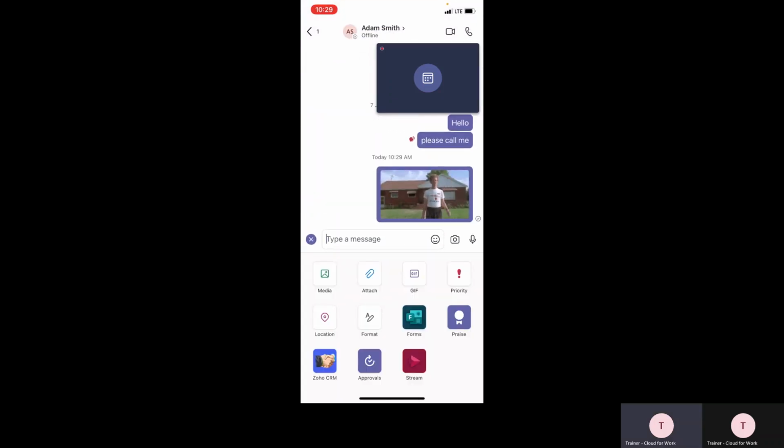And I can also choose to attach an attachment so that we can collaborate on the same document at the same time. And this is a very good feature to, let's say, deliver your files, especially if you have a very tight deadline. You can praise someone. You can also